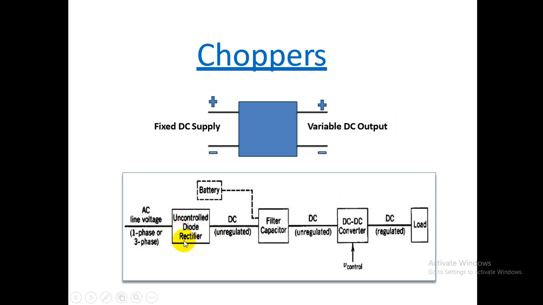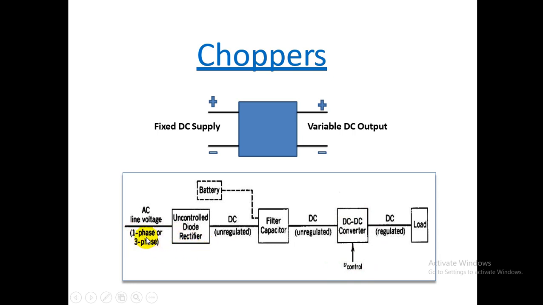Here we can see an AC link chopper. For the input supply, we have an uncontrolled diode rectifier, then a filter capacitor, then the DC-DC converter, which we call a chopper, connected to a particular load that requires a variable DC supply. And here is a controlled DC-DC converter, meaning there is one switch we use. Through the switch we control the entire operation of this chopper.